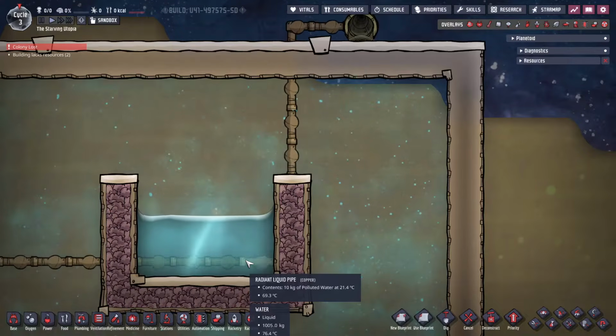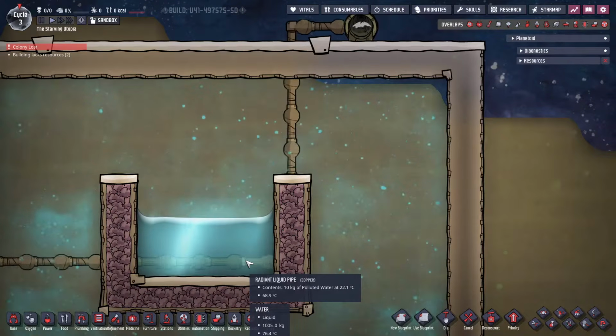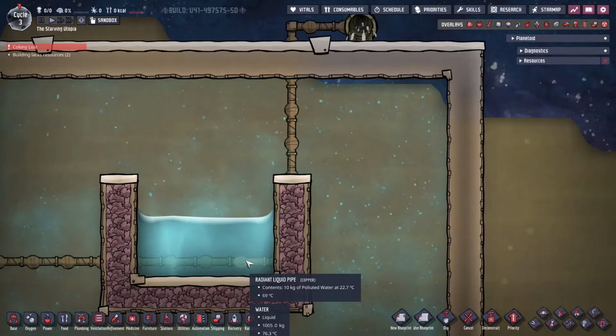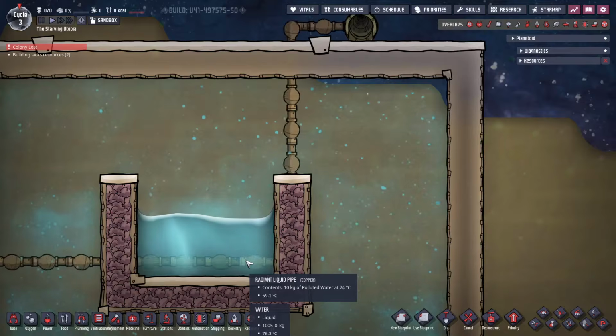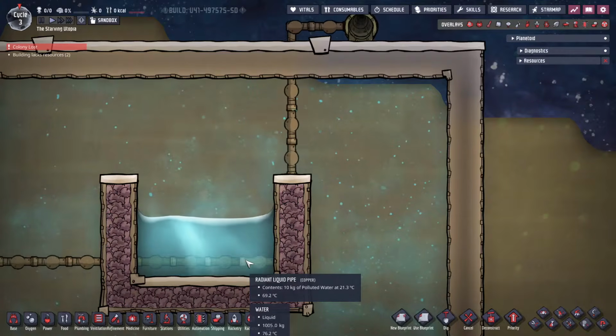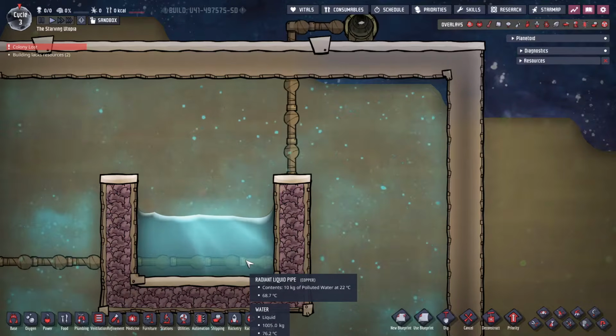Firstly, a simple way to cool is to dump heat into a material and then delete it, for example by venting it to space. Whilst this is possible, the lowest temperature you can achieve is the material's input temperature, and this method is resource intensive, so I wouldn't recommend it.